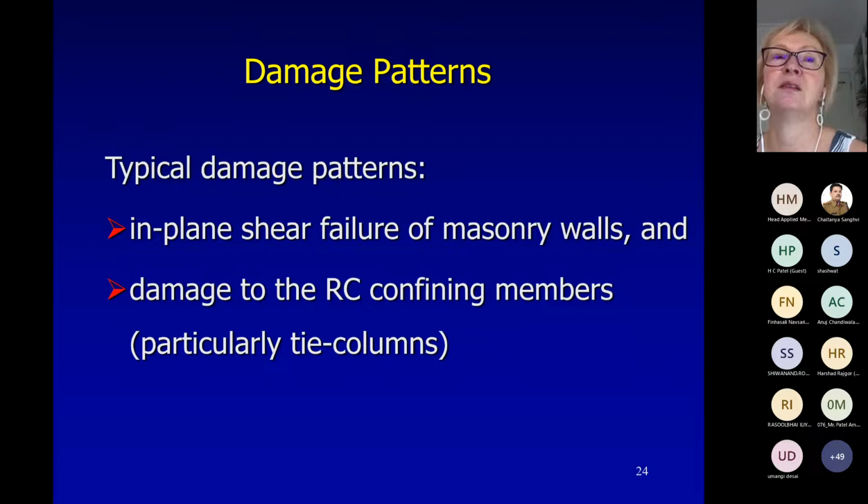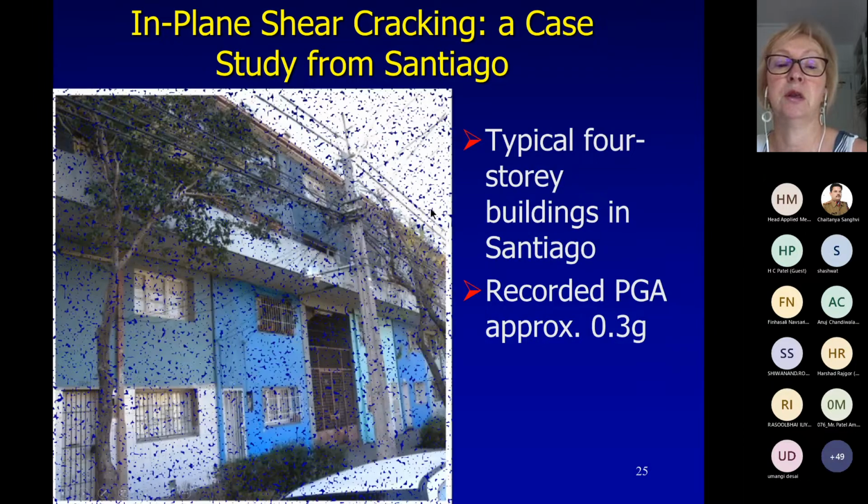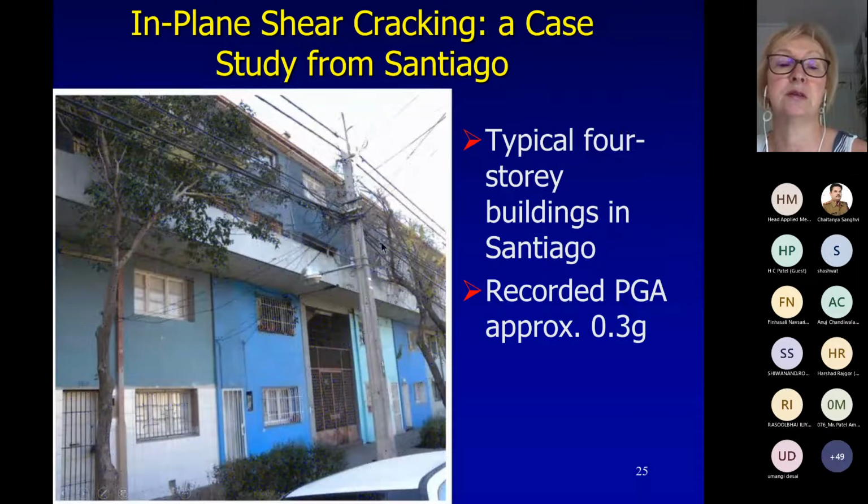Point 1 is internal cracking in the masonry wall. Point 2 is when the wall reaches capacity, when we have damage in reinforced concrete tie columns. So it all depends on how strong the shaking was at the location, and also on the amount of walls in that building. So in Santiago, which, as I said, is about 400 kilometers from the epicenter, but the recorded